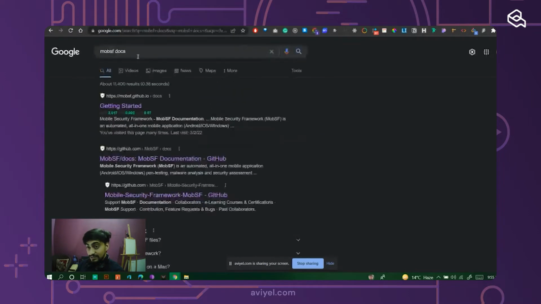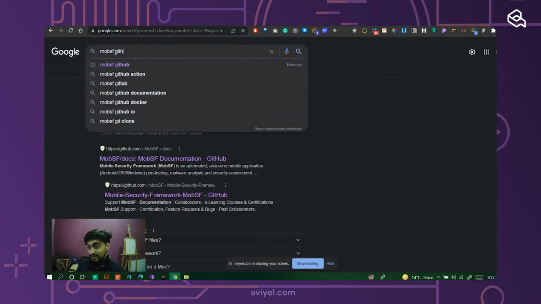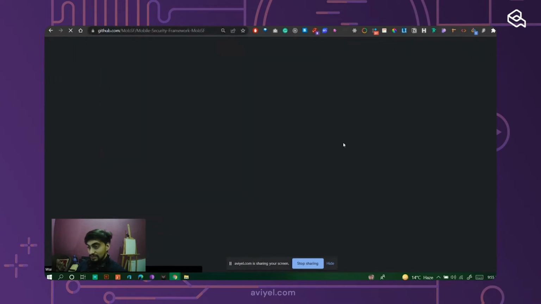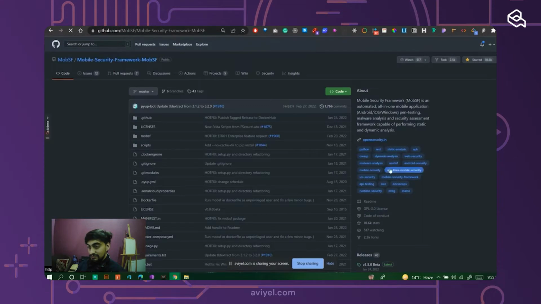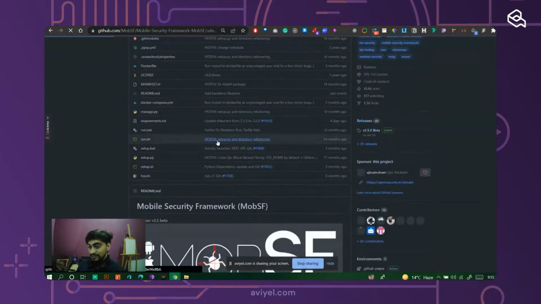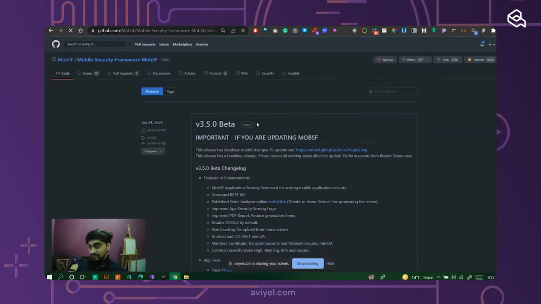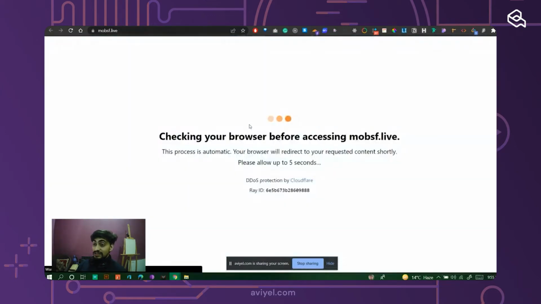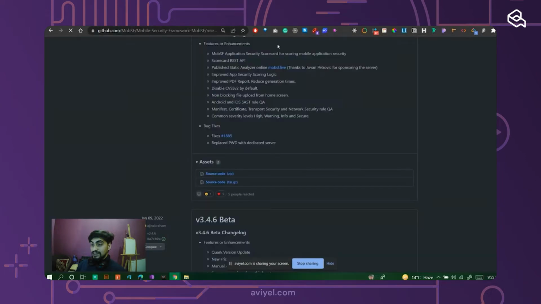MobSF GitHub. Go to the MobSF repo, go to the release section and head over to the MobSF.live. And you can run the MobSF, but